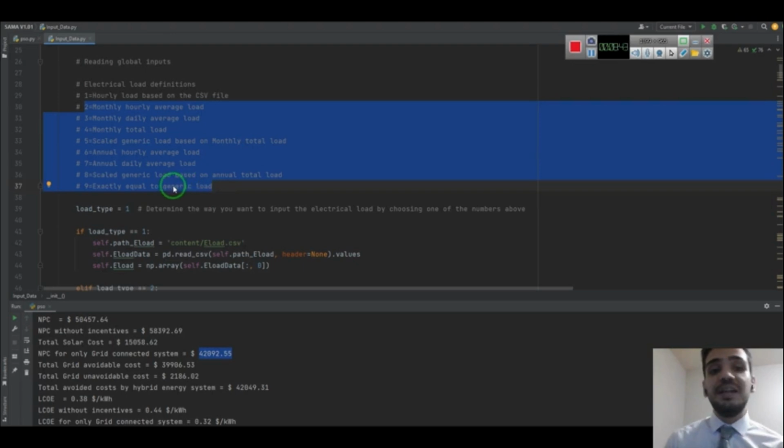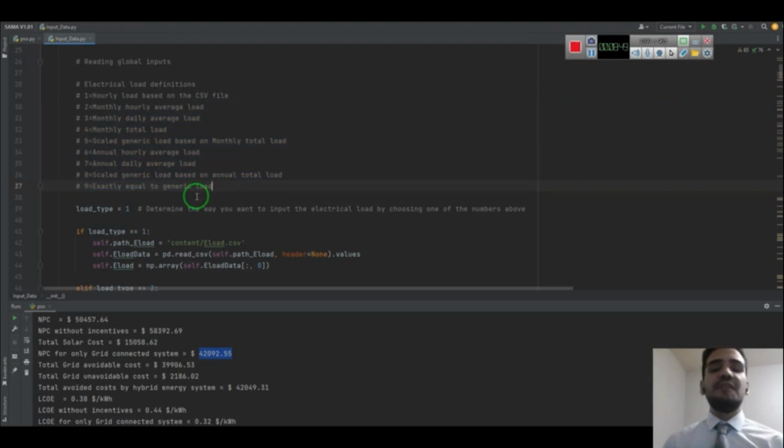Also, it can be scaled based on the annual total electricity load. Also, if users have no information on electrical load and they just want to do some approximate calculations, they can use the generic load data that we have here using option 9.